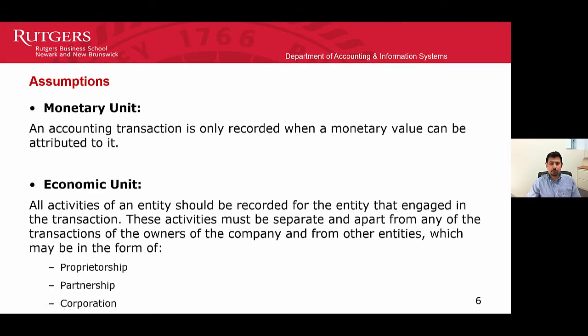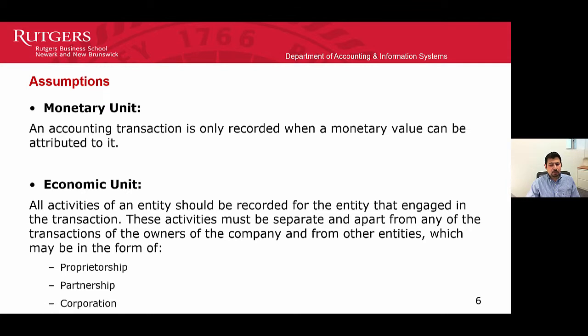Now, the two assumptions that we will discuss are very important for accounting to work properly. The first assumption is the monetary unit assumption. Basically, what it states is that any event we must be able to express in monetary value in order for us to record it. In other words, a transaction has to be expressed in a dollar amount in order for it to be recorded. Now, this is very important for the cost principle. In order for it to work, you must be able to assign a monetary value for any transaction that you